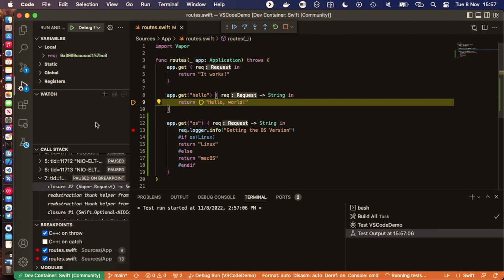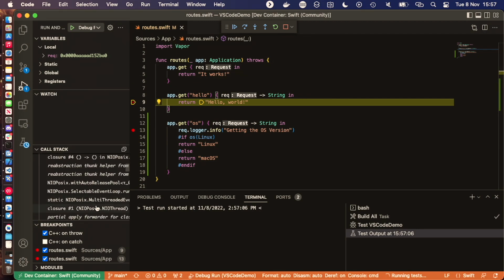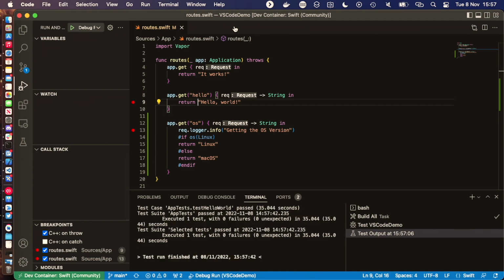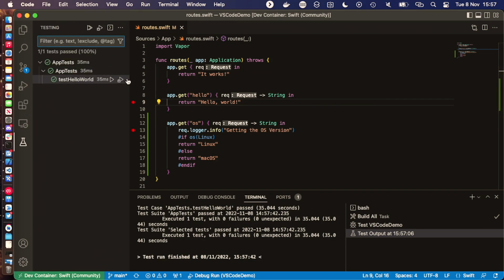So you can see here, I have actually run my test now. You can see the full call stack to go through to my tests, and it's hit my breakpoint. So the tests do work, at least on Linux. And you get the output down below, saying one test has worked, and you have your test explorer where you can see your tests, etc. So if I get out of my container,